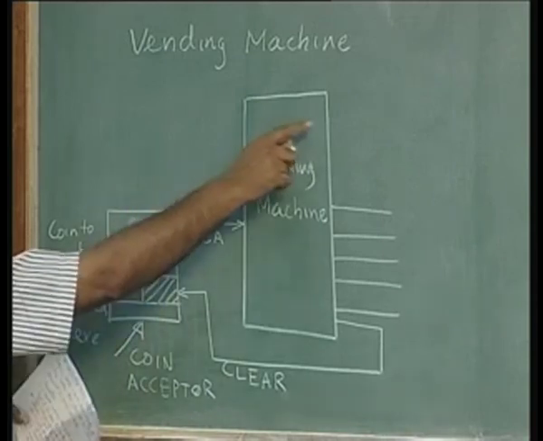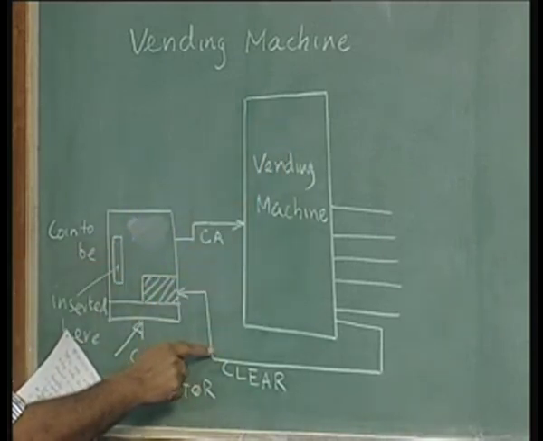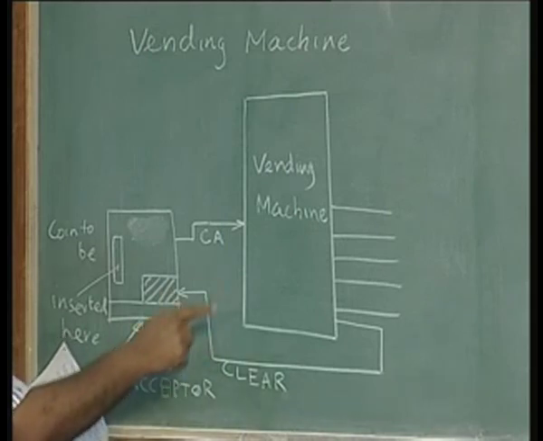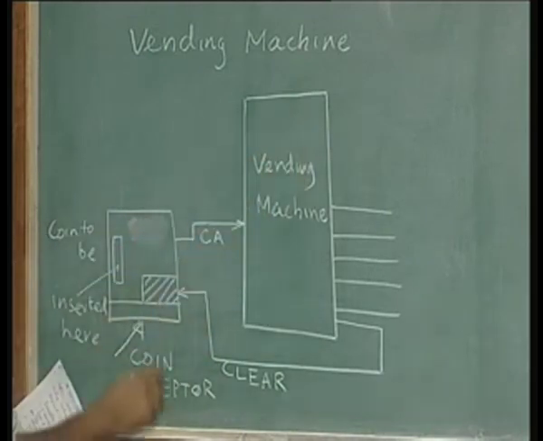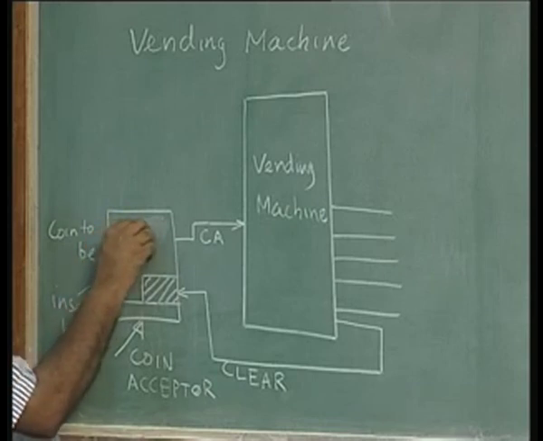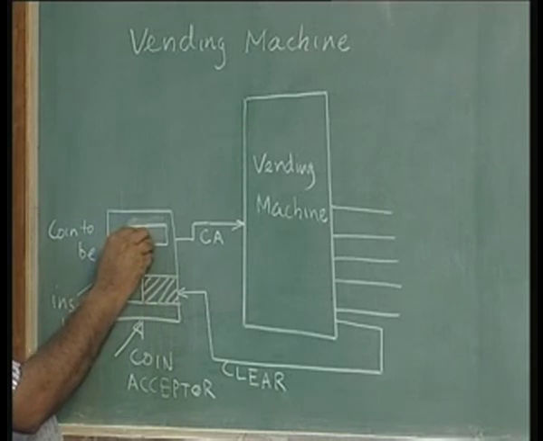Only when the ready lamp is on, the clear can control the ready lamp. Only when the ready lamp is on, it will also be ready here. So I will also say, so coin accept. So ready. This ready will also be